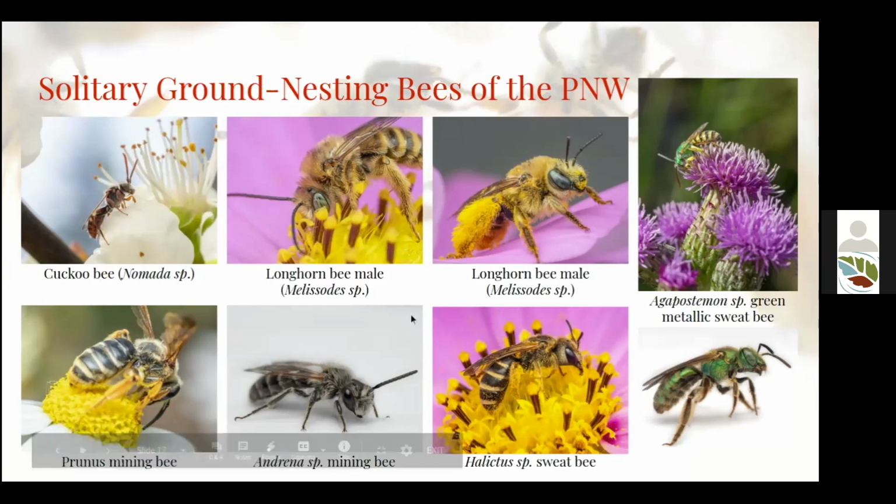And then here we have a cuckoo bee. I'm not going to spend too much time talking about them, but they're pretty interesting bee species. They don't have some of the same characteristics as other bees do because they've developed a strategy that is kleptoparasitic. They actually sneak into other solitary bee nests and lay their eggs on the provisions that were left for the true offspring of that nest. And then they'll generally outcompete the bees that live there. So they were named after cuckoo birds that show the same kind of brood parasitic behavior.